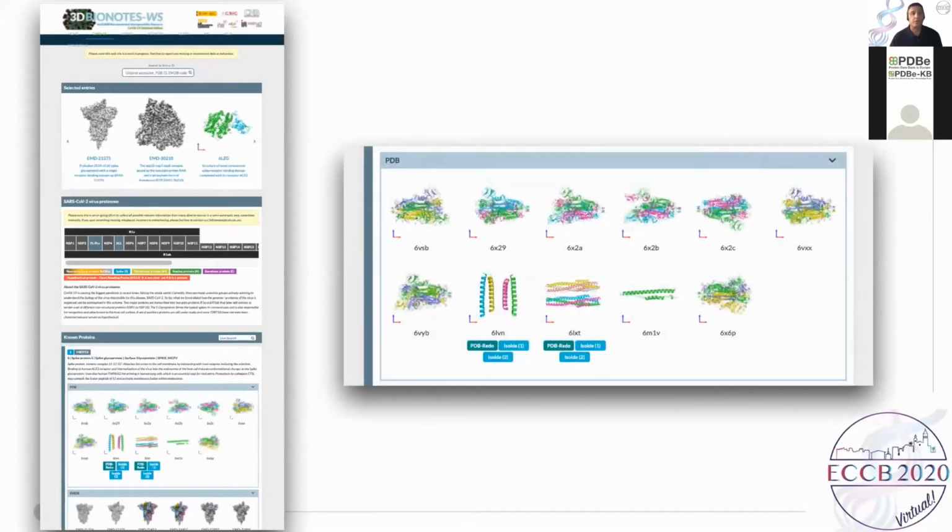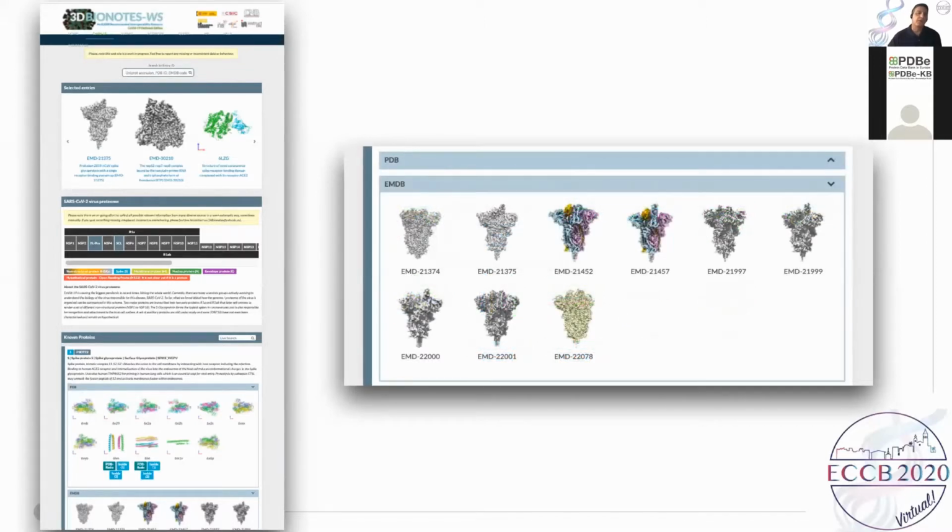In the PDB section, we have all the atomic models published yet, including, for some of them, when available, validation data provided, for example, from PDB-REDO or ISOLDE. These images also act as links to show every entry in our 3D viewer, which I will show later, but also provide additional details and external links and so on. In the EMDB section, volume maps from the Electron Microscopy Database are collected in a similar way.